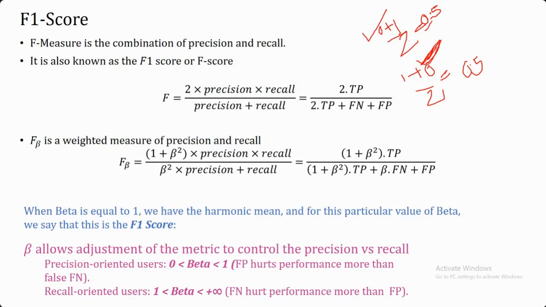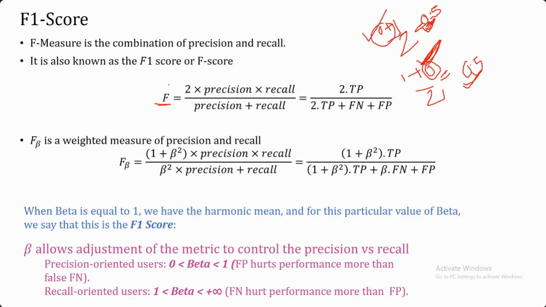We can't say that this model is approximately going to be the better case, or that this model is the better one, because here your recall is 0 and here your precision is 0. So we are not going for the averaging of precision and recall in order to calculate a single value for the comparison. This F1 measure basically considers the harmonic combination of precision and recall. So 2 into precision into recall divided by precision plus recall. This way we are calculating the F score. F score is also known as the F1 score.